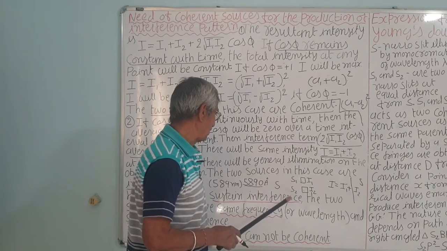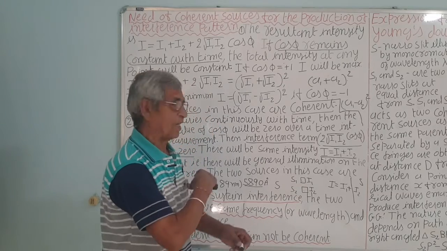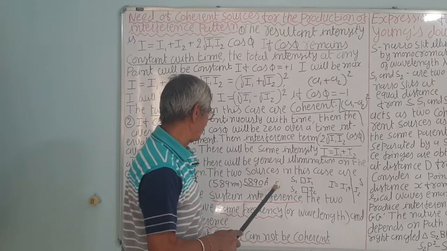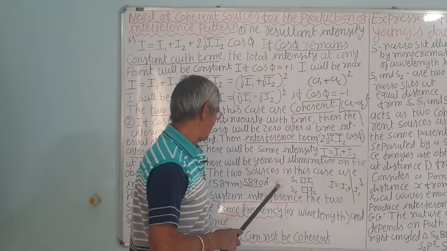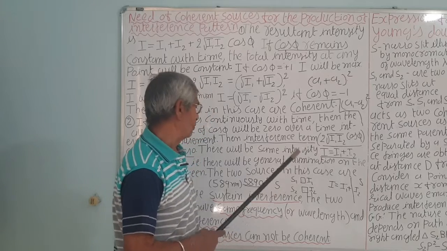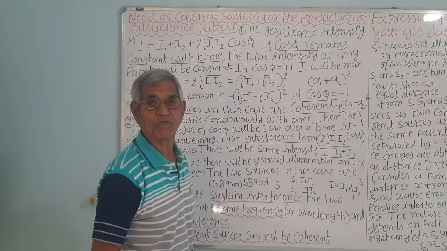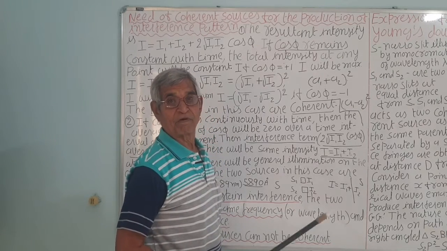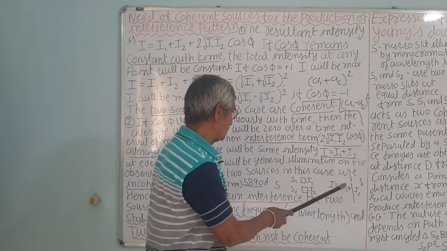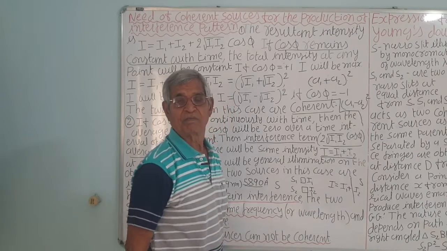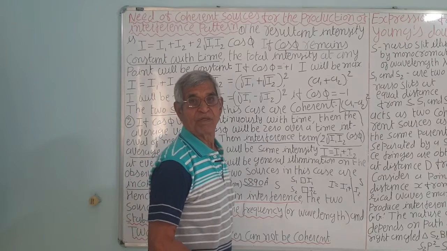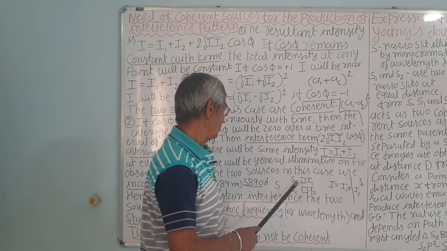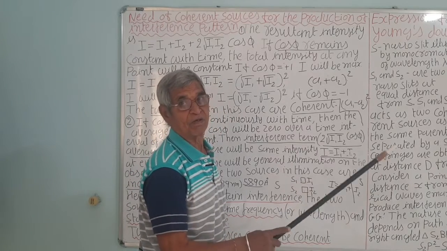Correct? Or there may be a fixed difference in the length that you can keep, but not a changeable one, because light is emitted by millions of atoms in which electrons transit from a higher energy level to a lower energy level, and that takes place in a time of 10 raised to minus 8 seconds. And so the change in the interference pattern on the screen will take place 10 raised to 8 times per second, and our eye cannot observe it. So, two different sources of the same wavelength of light cannot be used.